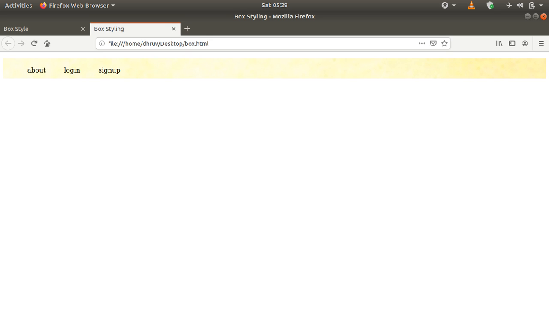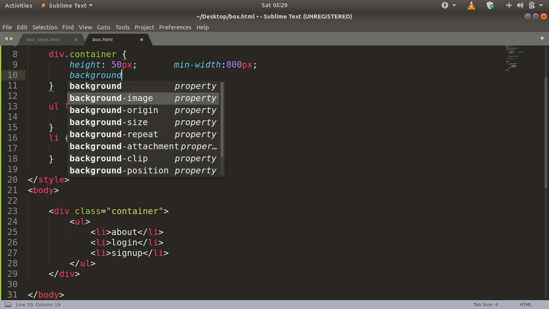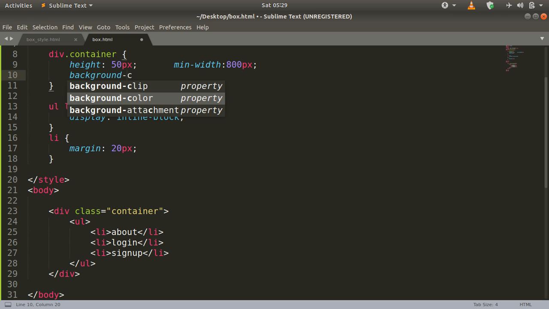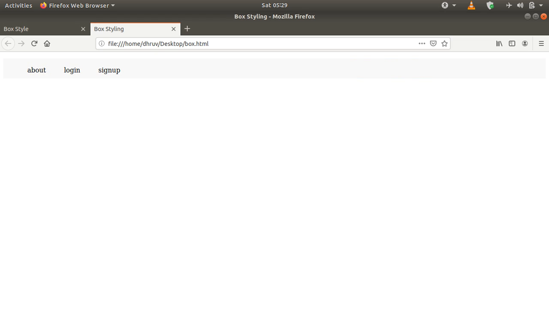Okay, so you can see that it appears behind, or else what we can do here for now is use the background color property, and we can just set it to the shade of gray which I have used in the actual web page. Now you can see that it appears something like the navigation bar which we want here.